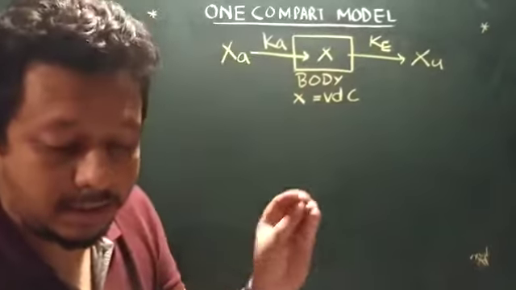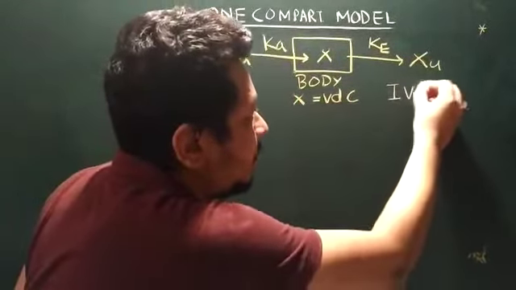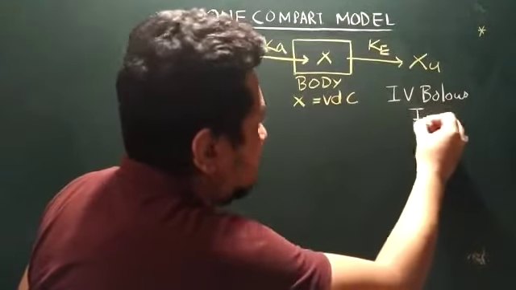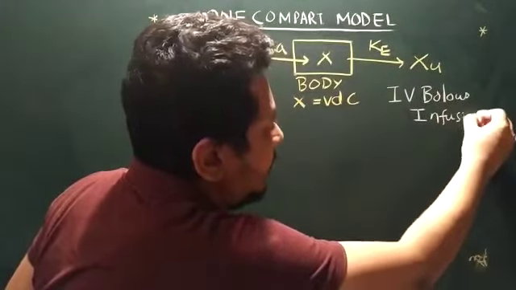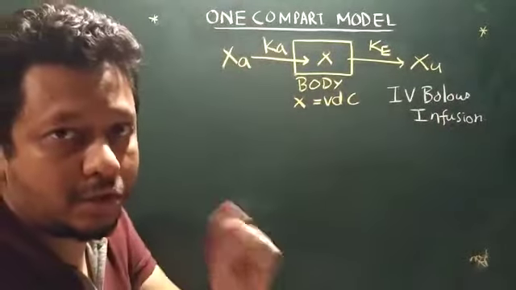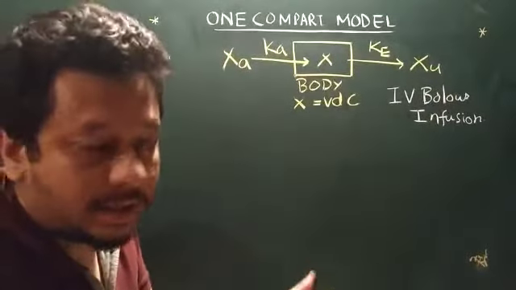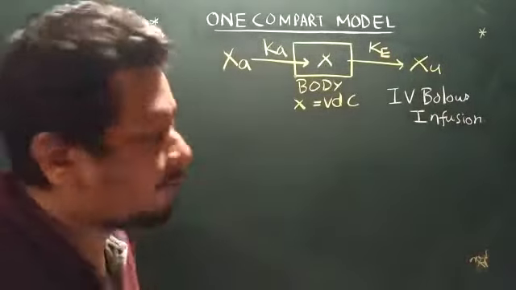Our topic is about intravenous (IV) bolus and IV infusion. Now how can we differentiate these two dosage forms and what is their kinetics? Now the pharmacokinetics: what is the importance of biopharmaceutics?